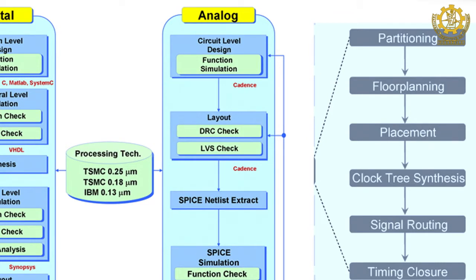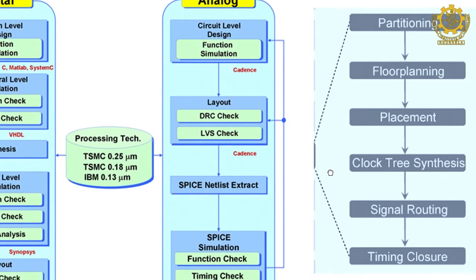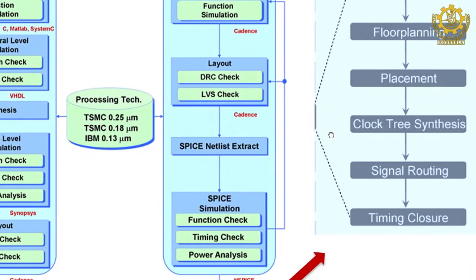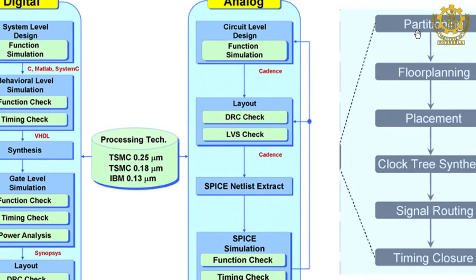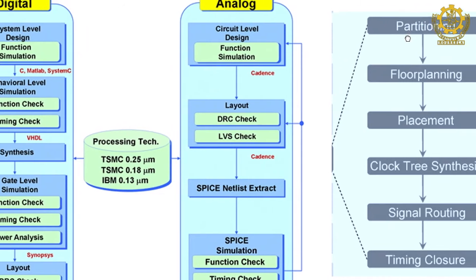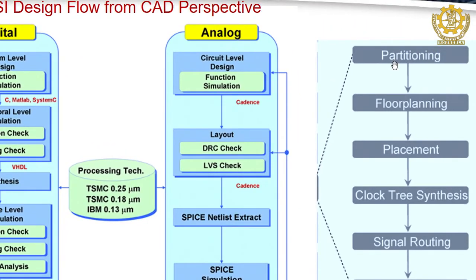Okay. So, once the circuit level design is over, again it consists of transistors, so we go towards the layout of the design. The basic difference between digital and analog is the gate level design. In digital you may have a gate level design followed by transistor level, but in analog design we directly start from the circuit level design.